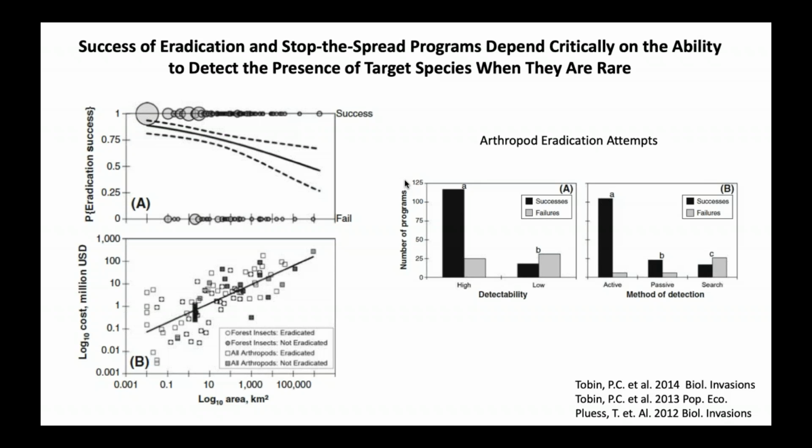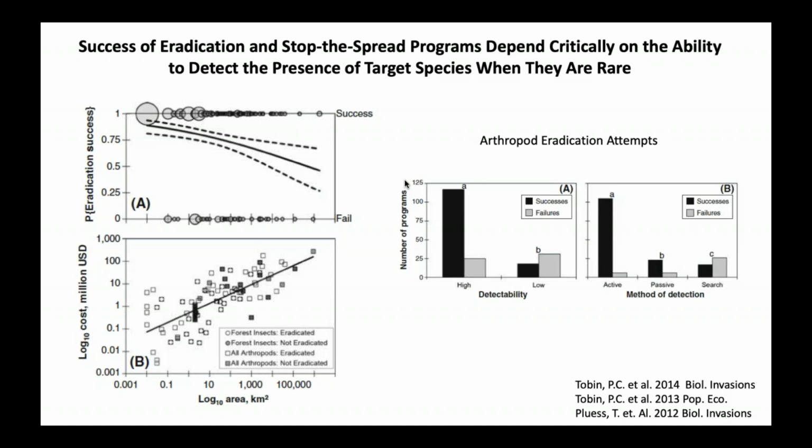And then I also like to talk about it in terms of successive eradication, stop the spread program. So this is really the most quantitative slide I have. And the top graph on the left is just the probability of eradication. So 1 is a successful eradication, and 0 at the bottom is an unsuccessful eradication. And the bigger the circle, the more examples there are. And then along the x-axis, you can see that's log area. So that's the infestation level, going from a really small infestation level on the left to really large on the right. And then the bottom one is just sort of the same x-axis, but we have the cost of that eradication attempt plotted against that area of the initial